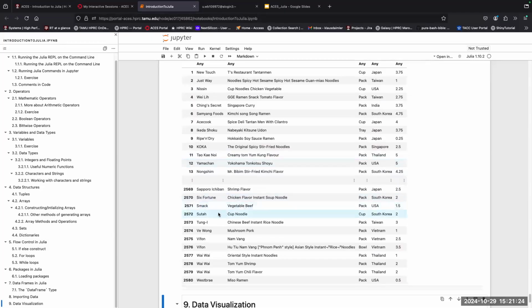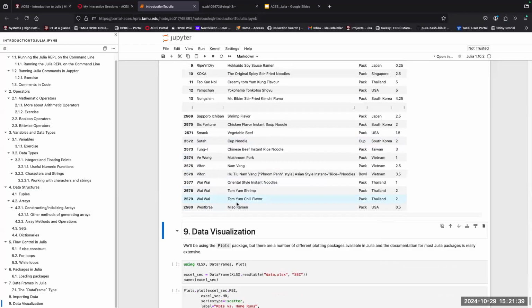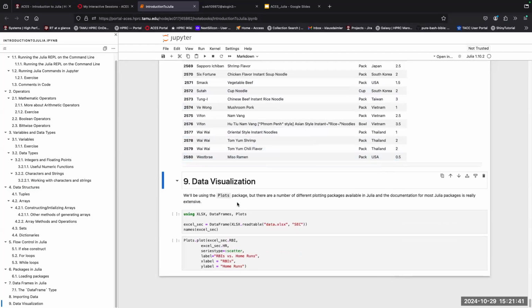Are there any questions? All right. Well, let's move on to data visualization. I didn't expect to make it this far this fast. So we can explore this a little bit. We'll be using the